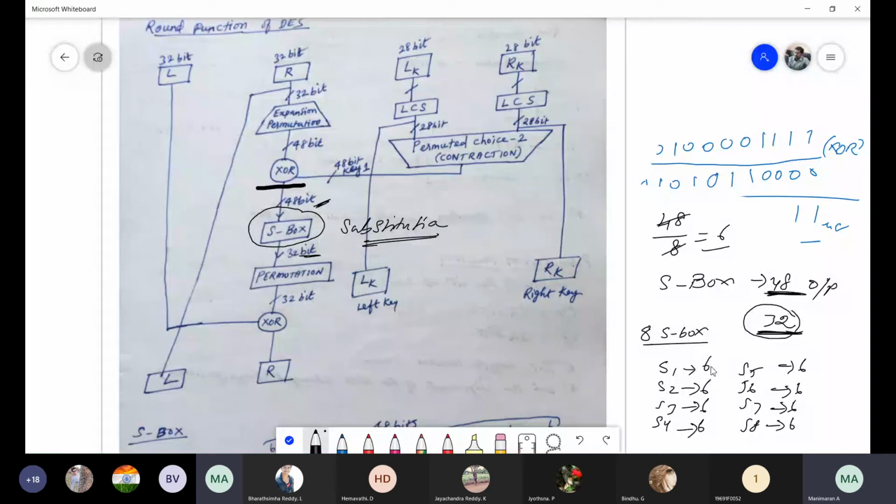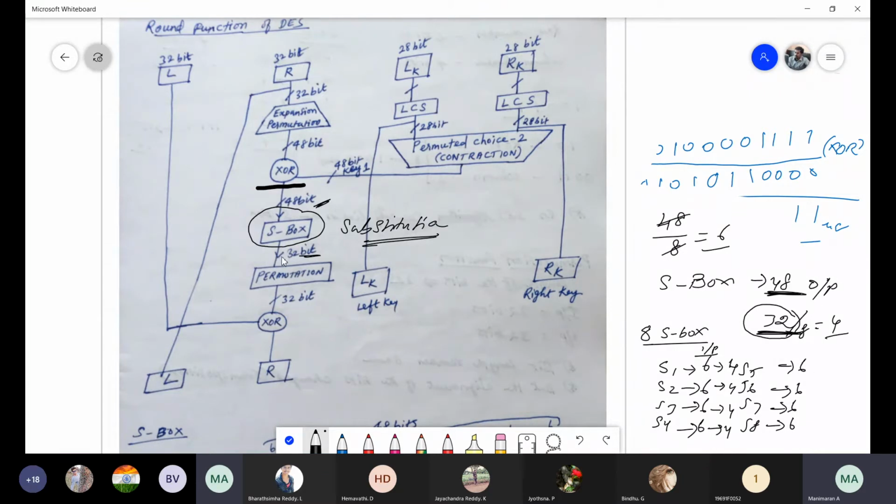What will be the output size of each S box? 32 divided by 8, which means 4 bits. So input is 6 bits, output is 4 bits. This is what we are following in each S box. And that S box concept, everything we will see later. Now just here I am explaining.